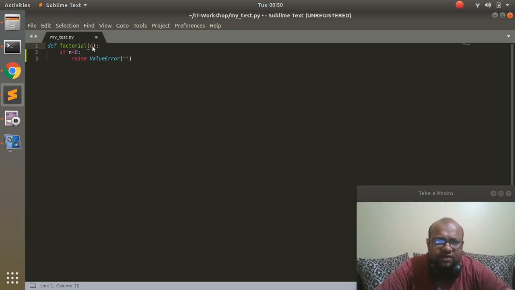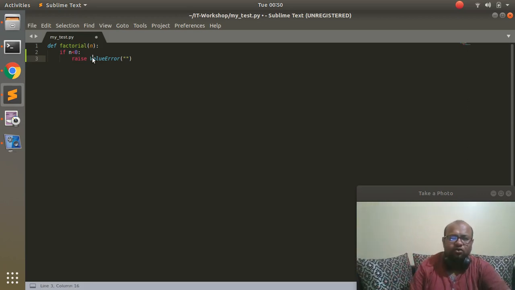You know what a factorial is. We cannot have factorials of negative numbers. So if we have a negative number, if n is less than 0, we have to throw an exception. This is how we throw an exception in Python. We write raise, and then what is the type of exception that we are going to throw? We are going to throw a value error, and we are going to write "n must be